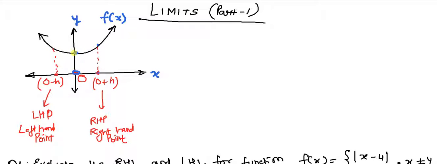So you exactly need to find out the limit at point 0. You will see something further beyond 0 and something backward of 0, and then exactly at 0. If all three conditions are satisfied, then you will say that the limit of the function exists. I'll make this clearer. The first step is that you check whether the limit exists or not. So for a limit to exist,